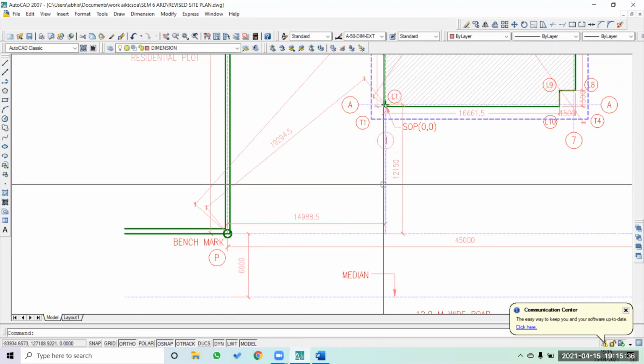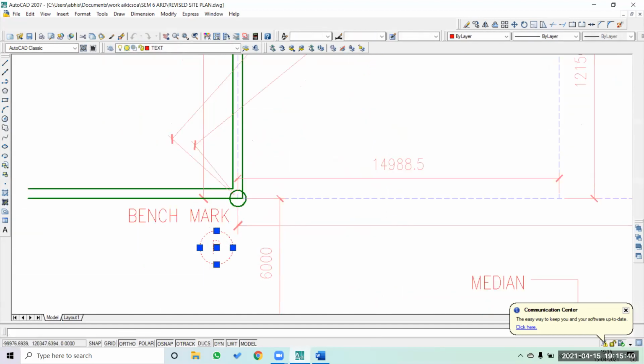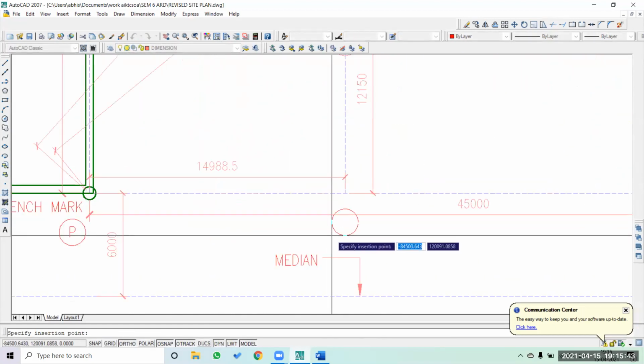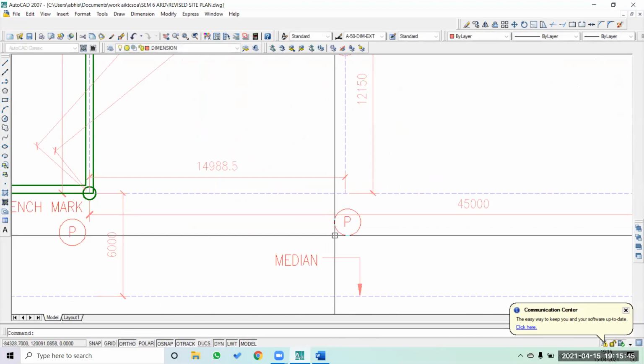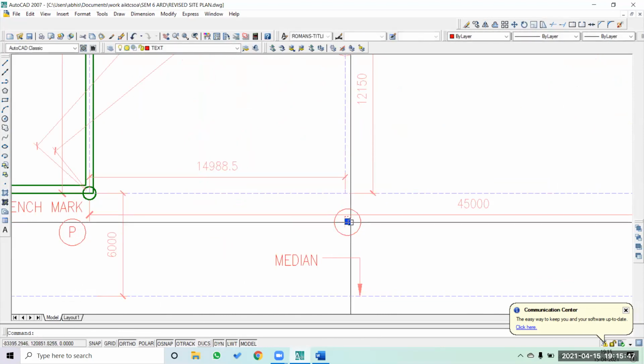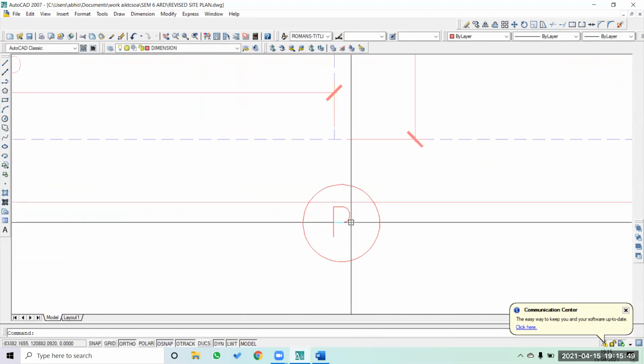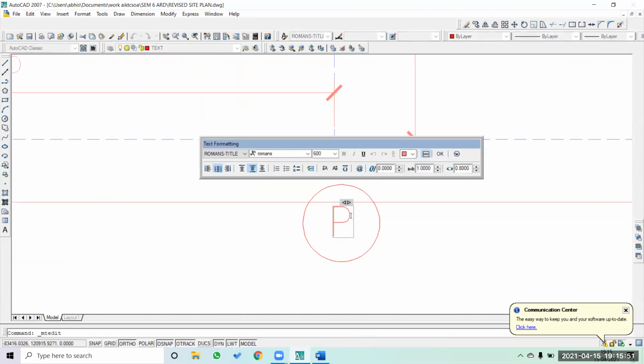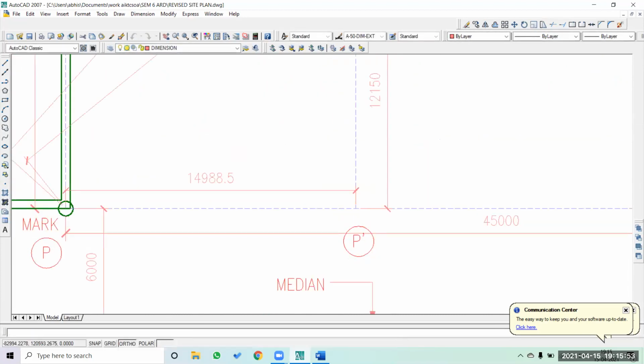So what many people do is they can also give a coordinate to this. So it can be given as, let's say, P dash. You can use any abbreviation for this.